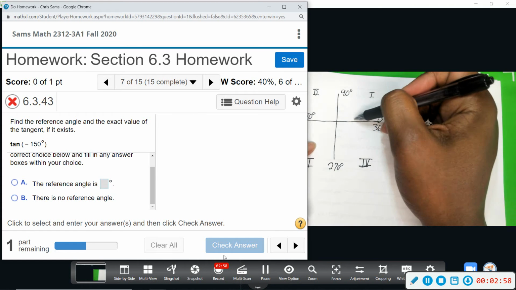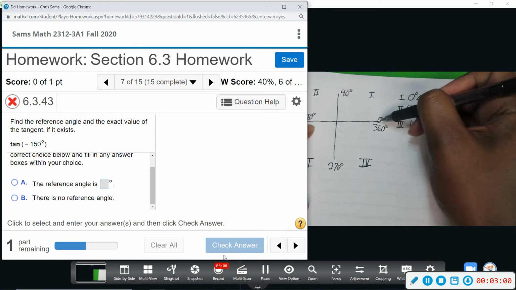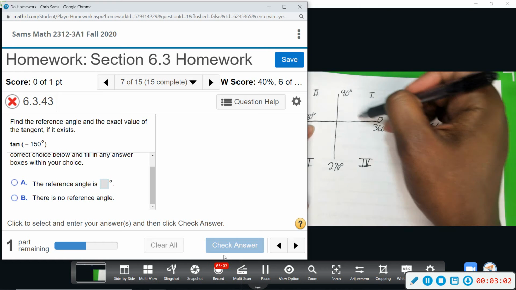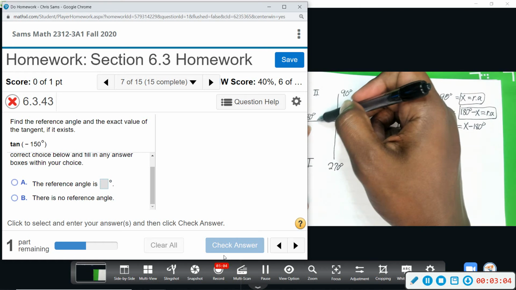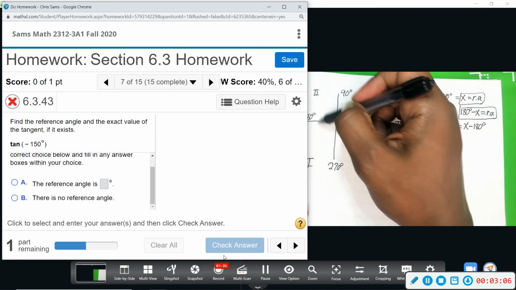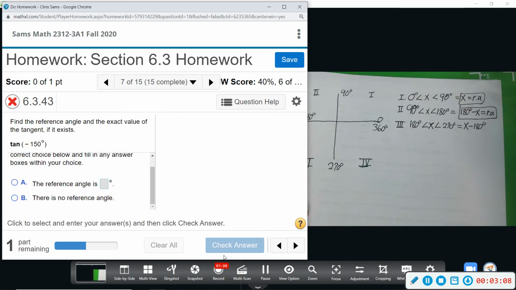And what you need to note, it's always in reference to this horizontal line. So going back will be the closest. Here going forward, so we're doing to 180. Here going back, so we're doing your angle minus 180 to get back to this horizontal. And then that will give you your reference angle,